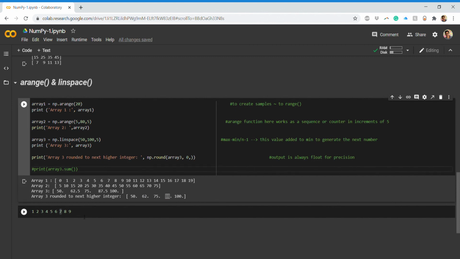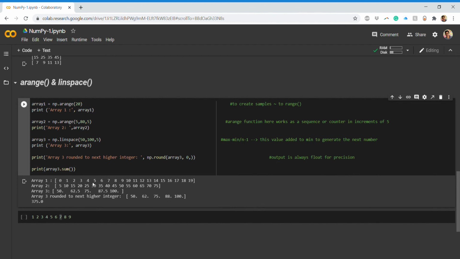One more operation you can do with this is call sum, so it will do the summation of all the elements inside that particular array. If you run this, you get the summation of all these things, that is the rounded array, as 375.0. So those are the common operations that you can do. Explicitly you have to call the other operations or methods, things like that. But these are some of the inbuilt applications that NumPy has to offer when you do certain scientific computations.